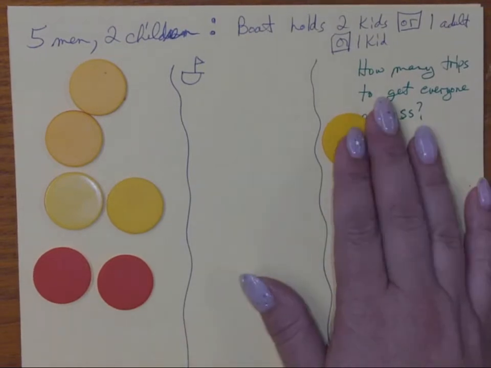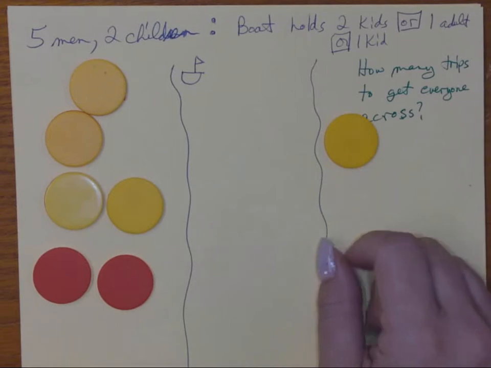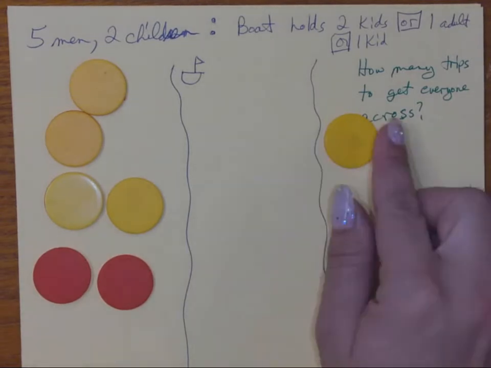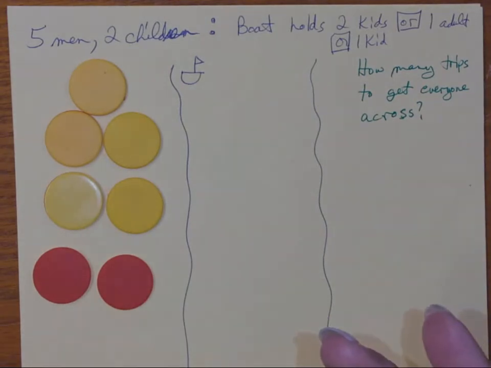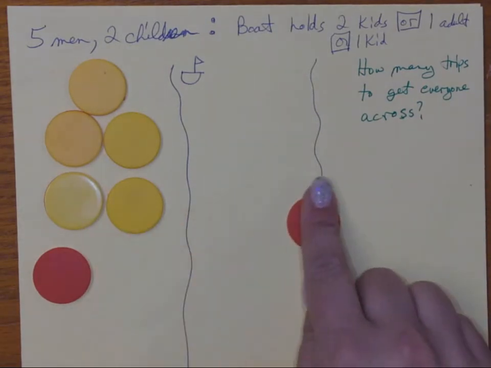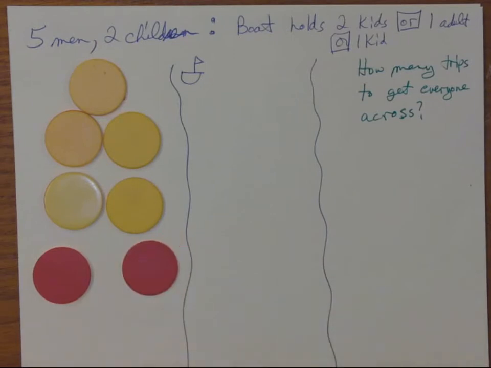And so if I send 1 adult over here, there's other versions of this problem where there's dogs and geese and all kinds of stuff. But anyway, if I send 1 adult, then I'm kind of in trouble because the boat's stuck here. The only way to get the boat back across would be to send him back over. That's kind of pointless. If I send just 1 kid over, same thing. It's stuck. I've got to send the kid back over. So think about it for a second. A lot of people should probably have the idea pretty quickly. The way to start this problem is to